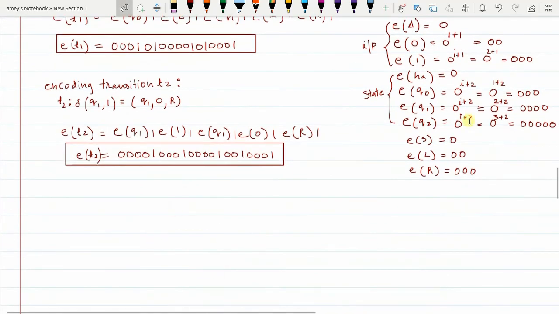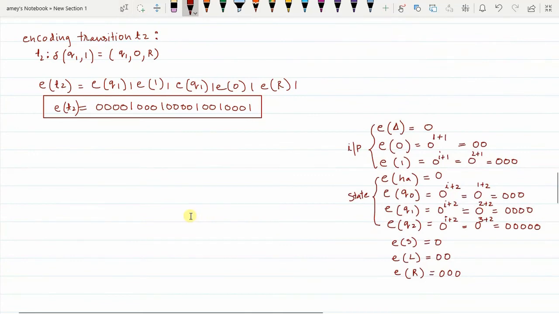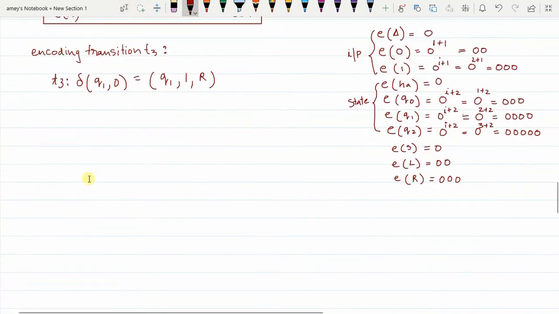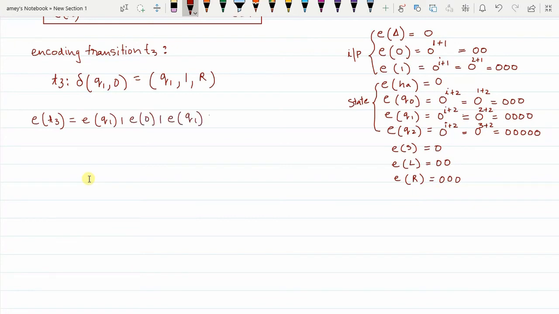Fine. Then, so encoding for transition T3. So encoding of T3 can be written as encoding of Q1 separate with 1, encoding of 0 separate with 1, encoding of again Q1 separate with 1, encoding of 1 separate with 1, encoding of right moment separated with 1. So just substitute the values of